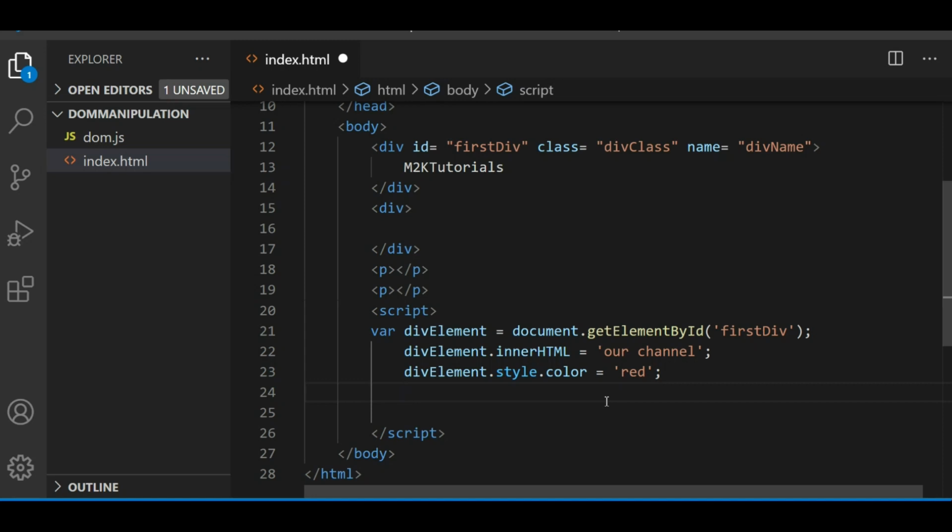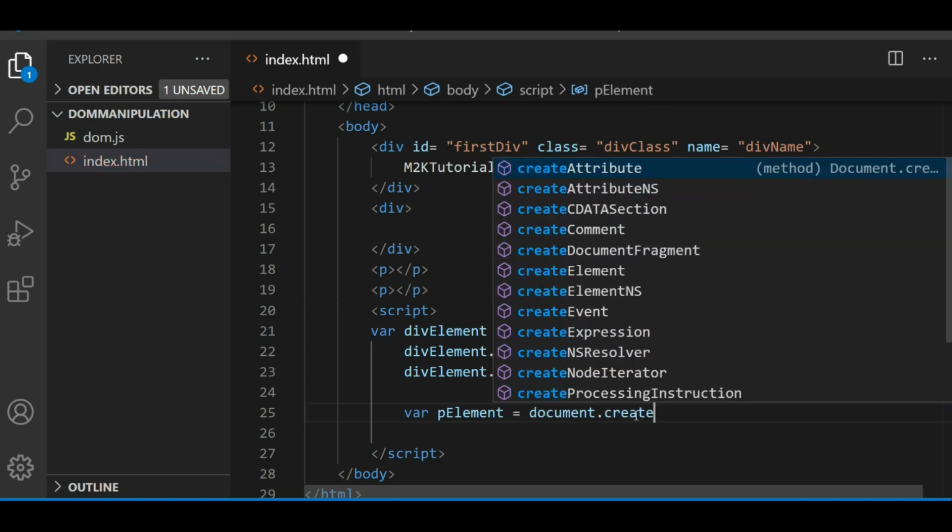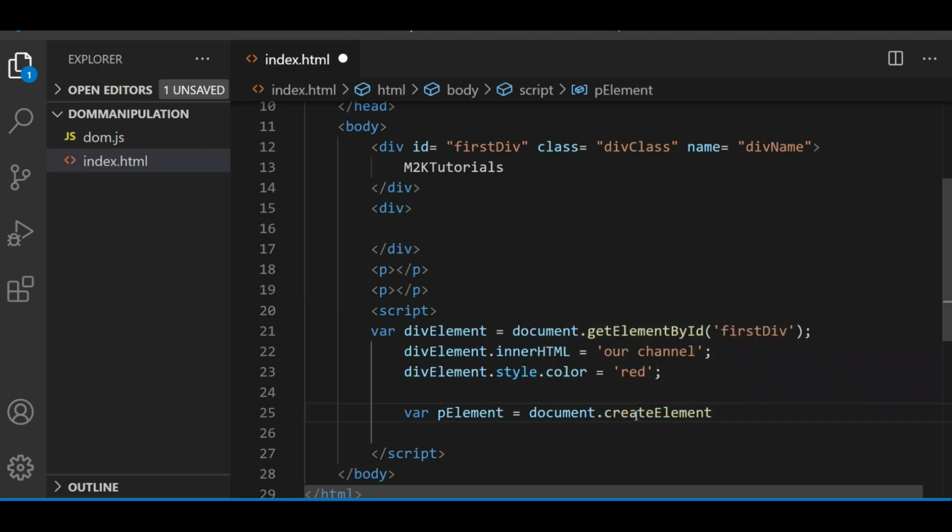One other thing is that you can also add a new element in your HTML document using JavaScript only. There is the create element method. Using that you can actually create new elements. So let's say I want to create one new p tag. Let's create one variable, p element, and then you use the document dot create element method here, and you provide the tag name you want to create.